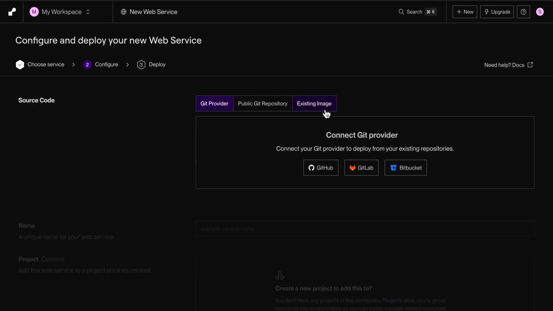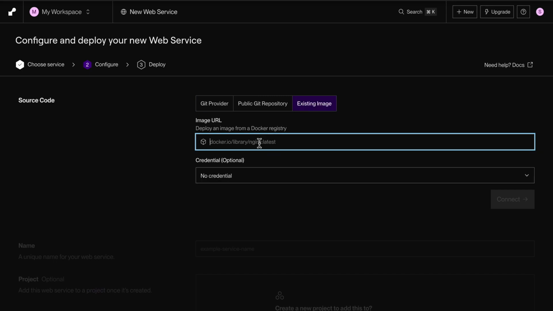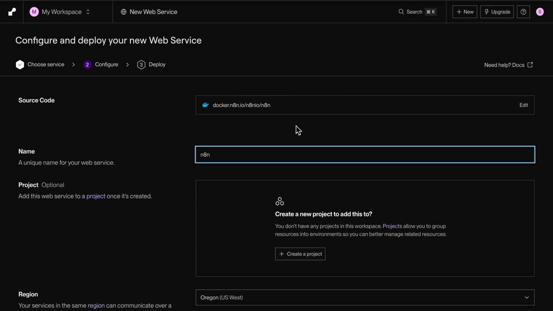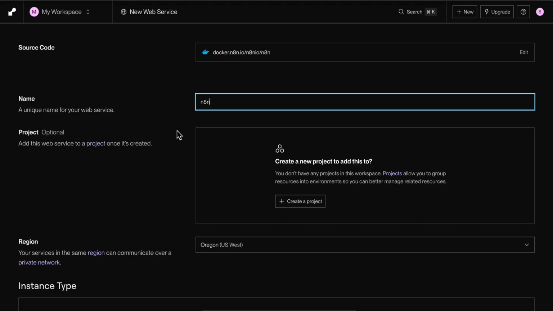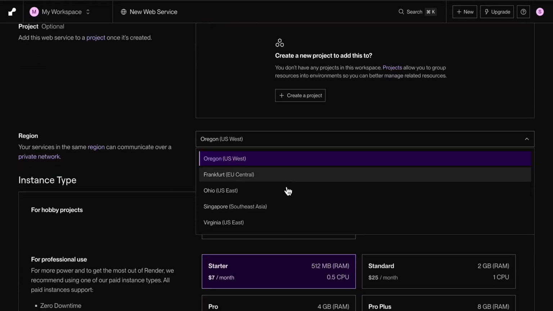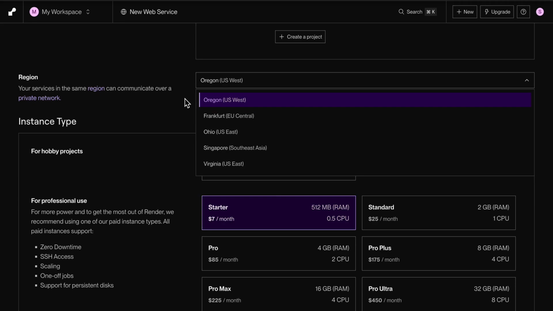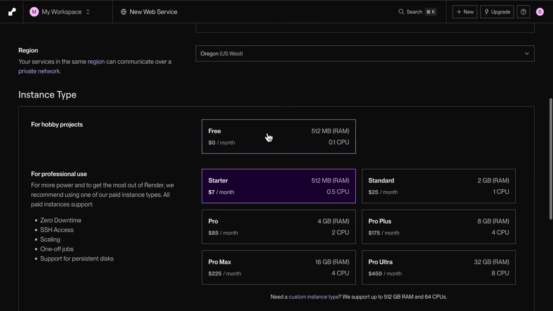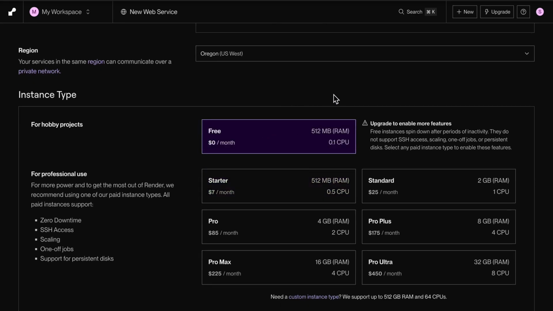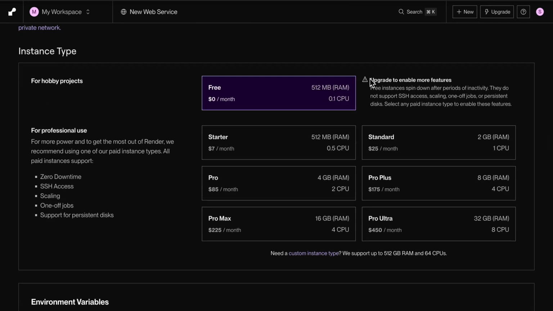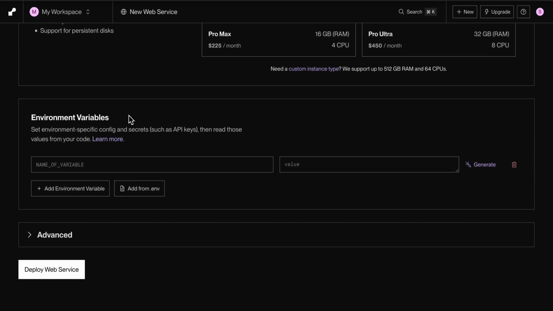and here you can go to existing image and then paste this URL that I'll be providing you in the description, and then click on connect, and you can give it whatever the name you want, and you can choose the server, and I'll keep the same, and then click on this free. So we'll use this free account. There are limitations to it, but for the learning purposes and for the initial stage, this is okay for us. And then we'll just deploy this web service,